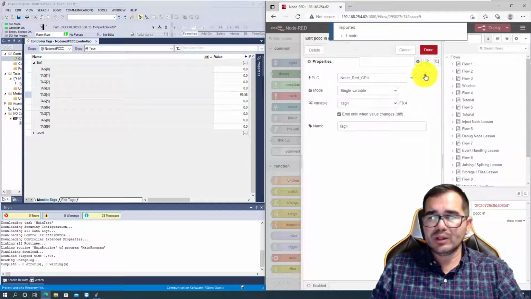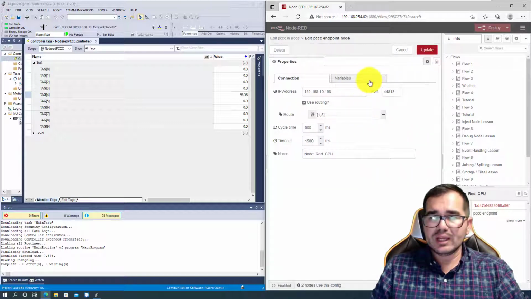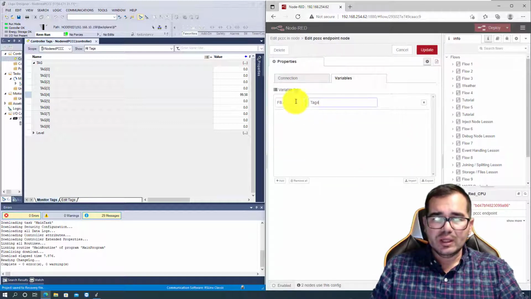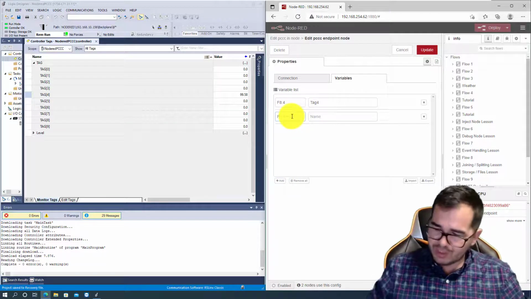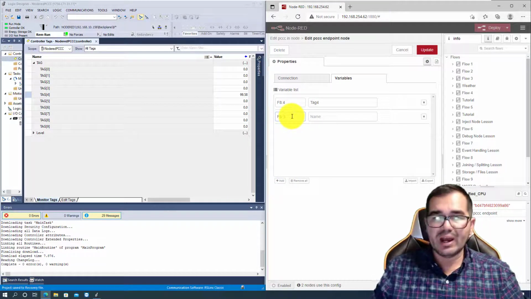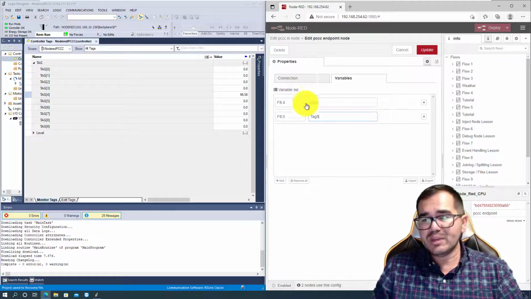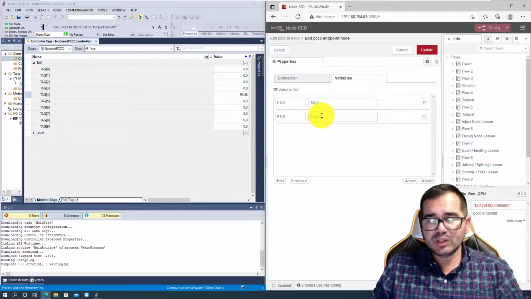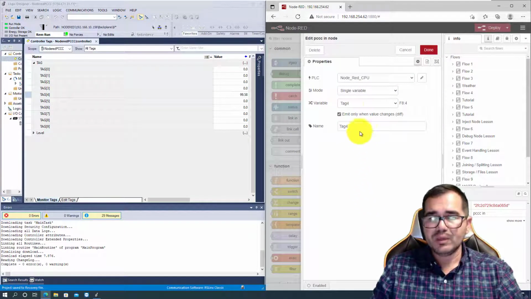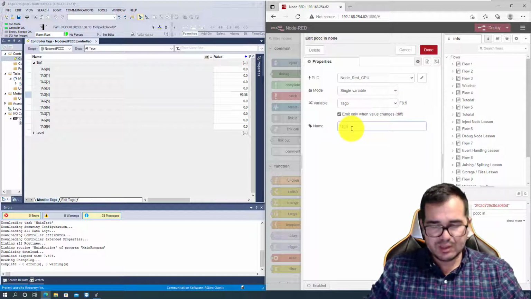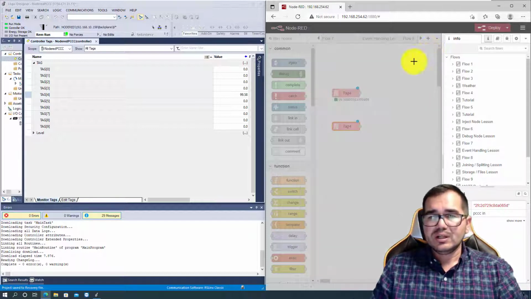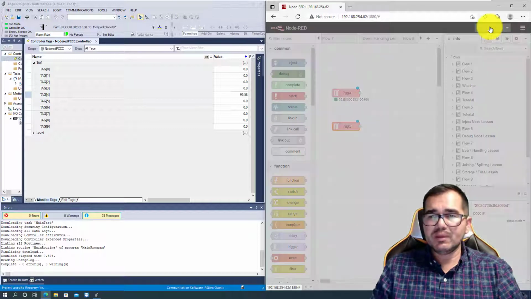And what are we gonna do here right now? We're gonna put another variable here. So let me add another variable here. I'm gonna put F8 column 5, and this I'm gonna put my name. You can choose the name that you want to, okay? But I'm gonna choose just tag 5, just to make more sense here. And this tag here is tag 5, and here gonna be the tag 5. So I put the name here. I'm gonna deploy,